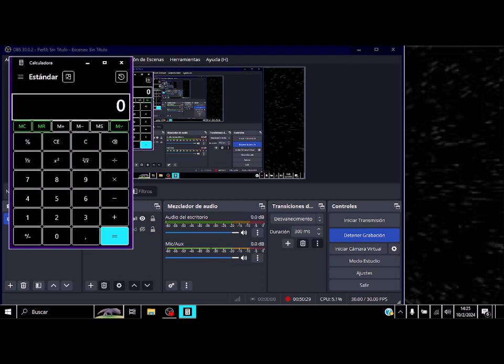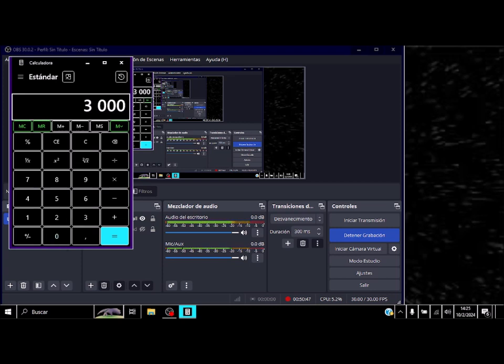Because if we are, for example, flying at 3,000 meters from the sea level, and the runway is, for example, at 500 meters above sea level, then we will have to make, for example, 3,000